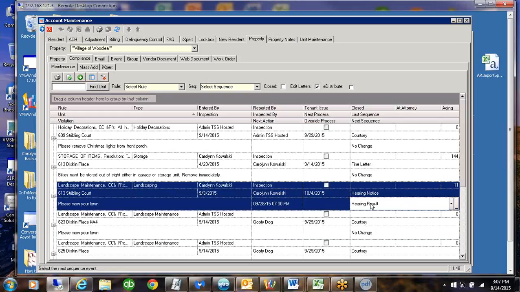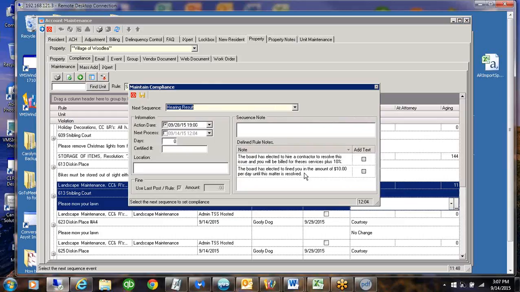Okay? Now, here's the hearing result letter. I'm going to hit this. You see that right there, guys? I'm going to click it. These are those things that I had put in on my setup. So I could say, going to finding the amount of $10, and now once it's up here, all I did was click that and hit up there. I could edit it. So maybe this one is going to be $50 per week